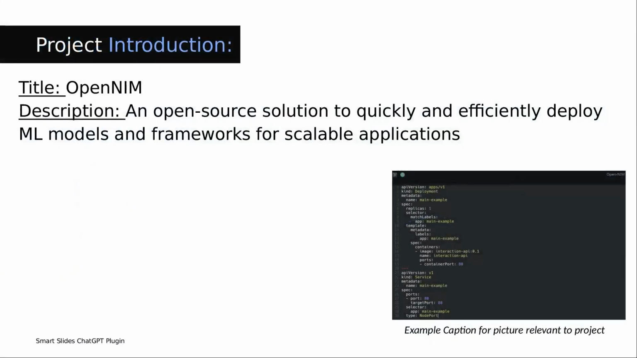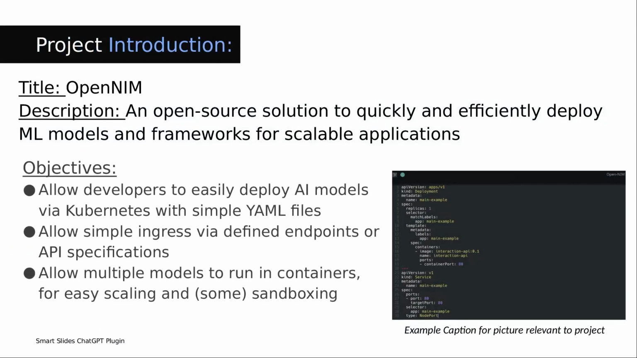Open-NIM is an open source solution to very easily deploy machine learning models and AI frameworks scalably, using Kubernetes and Docker for the bulk of the background. So the objectives are basically to allow developers to, like I said, easily deploy AI models via Kubernetes with very